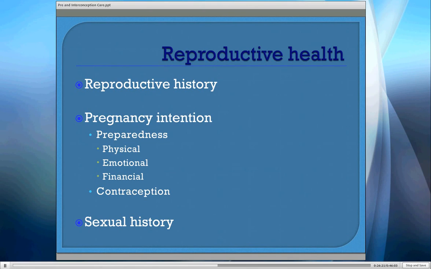In reviews of deaths of infants born late preterm, most of the mothers had multiple risk factors. Many were over 35, had at least one chronic illness, prior history of reproductive loss, and yet there was little evidence that they were ever counseled on the risk of pregnancy to themselves or to a developing baby. Given that most of the women had young children, it would seem reasonable to assume that they were indeed sexually